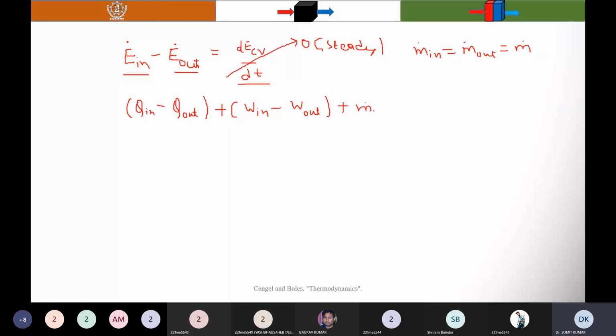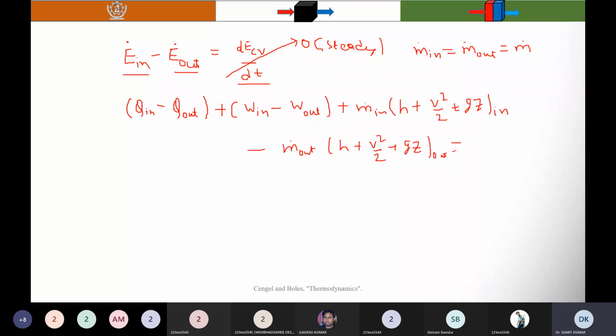Here I directly wrote, or you can better write it in this form: m in times (h plus V square by 2 plus gz) at inlet minus m out times (h plus V square by 2 plus gz) at outlet